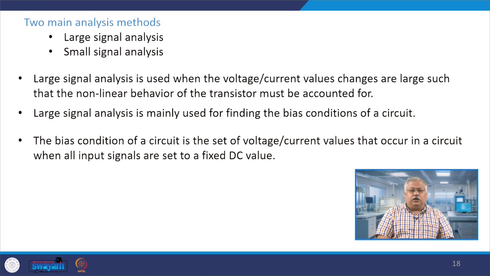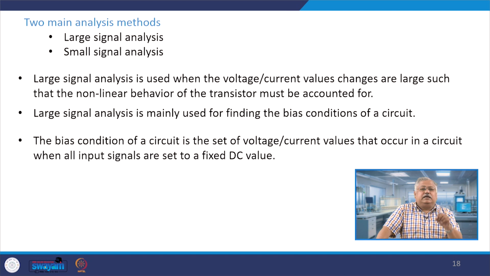So primarily, when you look into the double gate MOSFET, we have now finished with the subthreshold expressions. We have also looked into the methodology of analytical solutions of the double gate MOSFET, both in the saturation and linear regions. Now we come to the case where, if I am given an AC signal, how can I extract the effective conditions by doing an analysis? The two main analysis methods are large signal analysis and small signal analysis. Large signal primarily means that